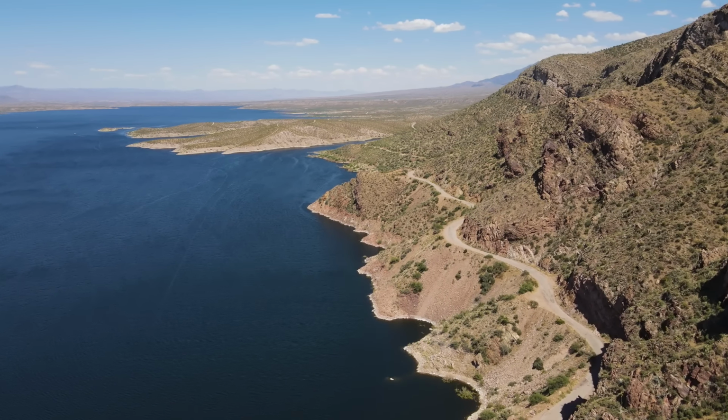Now this dam has many features that stick out, but one that really caught my eye the most is the 2 eagles that are perched out on the front of the dam. You probably won't be able to see them from the walkway, but if you're like moi and you have a drone, you can get some pretty amazing shots of them. And that's the one thing I noticed about this dam, is the amount of detail that went into it. The eagles, the lanterns, the pillars, and even the barriers that prevent you from falling off the edge and plummeting to your death. Okay, that might have been a little excessive, but still,